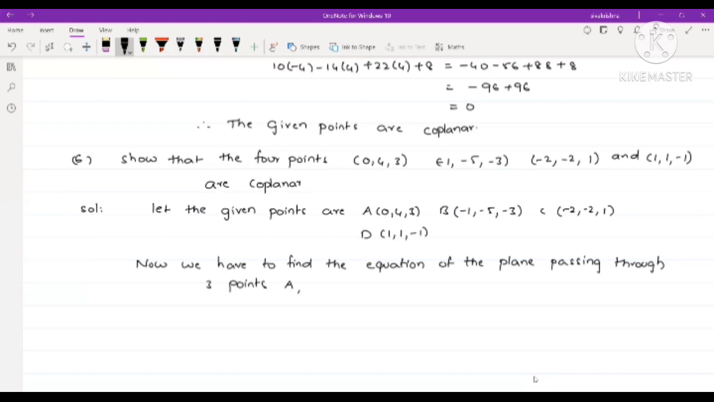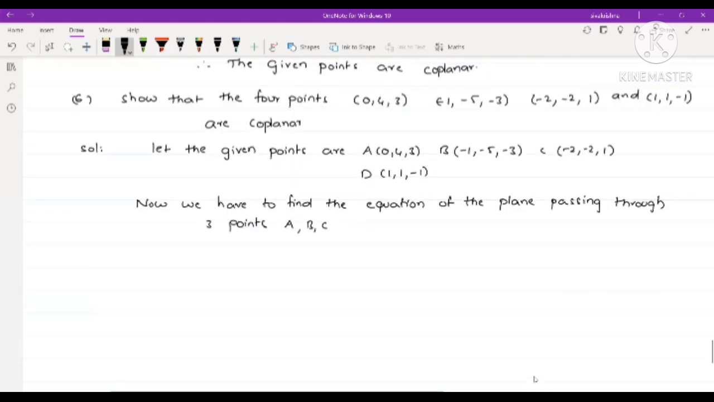I am choosing the points A, B, C. Okay, so after that we have to write the formula. We have the equation of the plane passing through 3 points